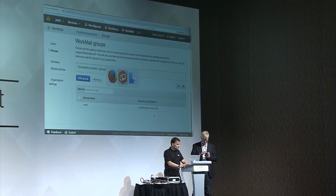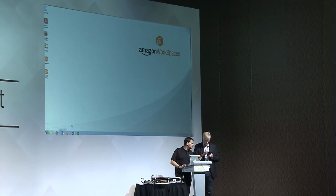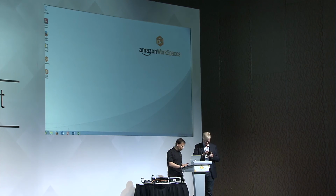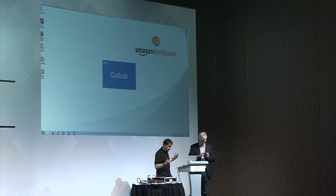Right, let's go and take a look at what Workmail looks like on the actual clients. So again, let's go back to Workspaces. As we mentioned earlier, I have a bundle which includes Office 2013. Obviously, as part of Office 2013, I also get Outlook. So I've actually set up my Outlook clients a little earlier to integrate into Workmail. Now, it's actually pretty easy to use, simply because we set up auto-discovery settings in Route 53. So when you're setting up your email client for the first time, you don't have to faff around with entering server names. It will simply get it from the